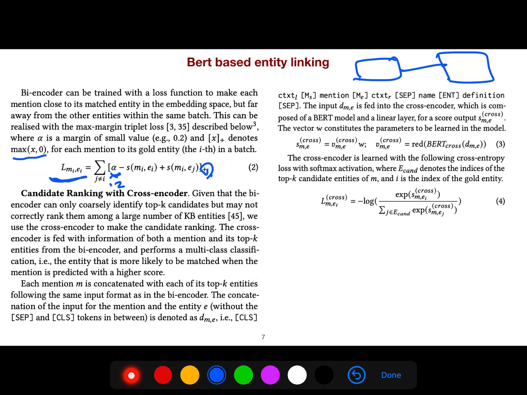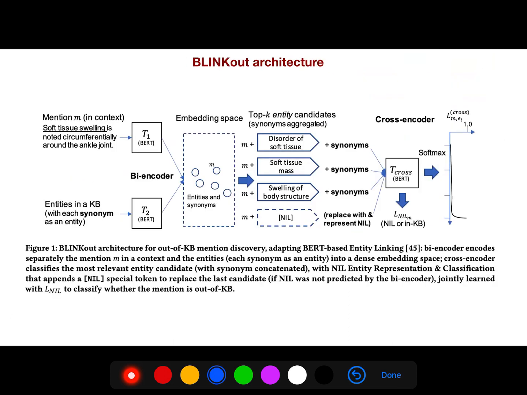So the vector constitutes the parameters to be learned for this entity and mention. And finally, because E denotes the indices of the top K candidates, we have the top K candidate entities of m, and i is the index of the gold entity, and so the cross-entropy loss is like this. So first we do embedding for the mention as well as the entities in the knowledge base, because